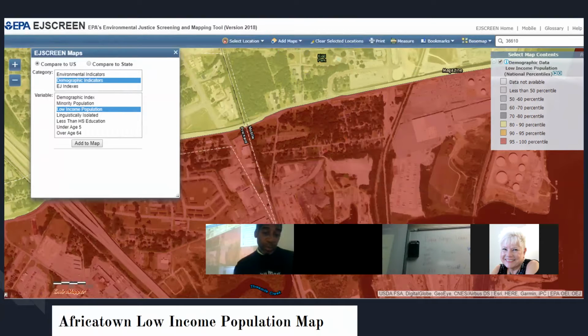And so Joey Bass did a really good job of using the color ramp with EJ Screen. We would like to have EJ Screen be useful for community stakeholders. Of course, the learning curve for EJ Screen is a little steep. It can be used by stakeholders, but what we're suggesting and what we'll be doing tomorrow in Pensacola is we